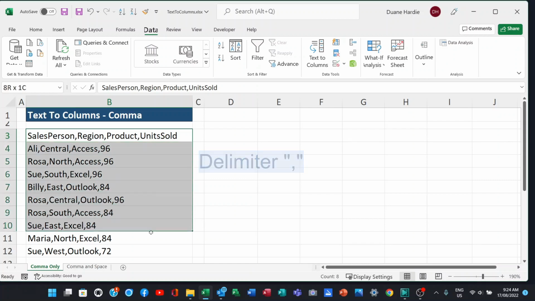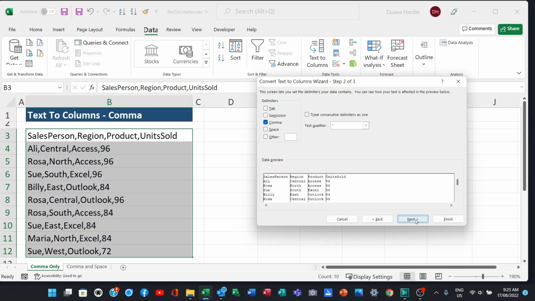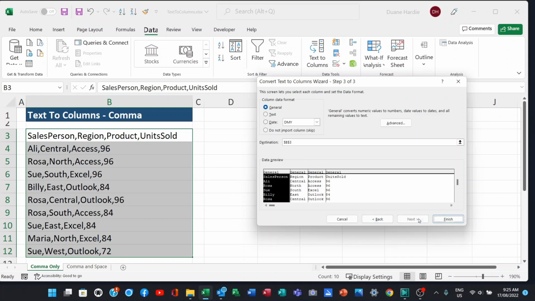I'm selecting the data first. Now on the data ribbon, I'm going to the text to columns command, clicking on that, and it brings up the wizard. Delimited is selected in the first step. I click on next. Second step, I'm making sure that comma is selected because that is the delimiter that's being used. I go next. Now, I could leave this data where it is and replace it in that position, but